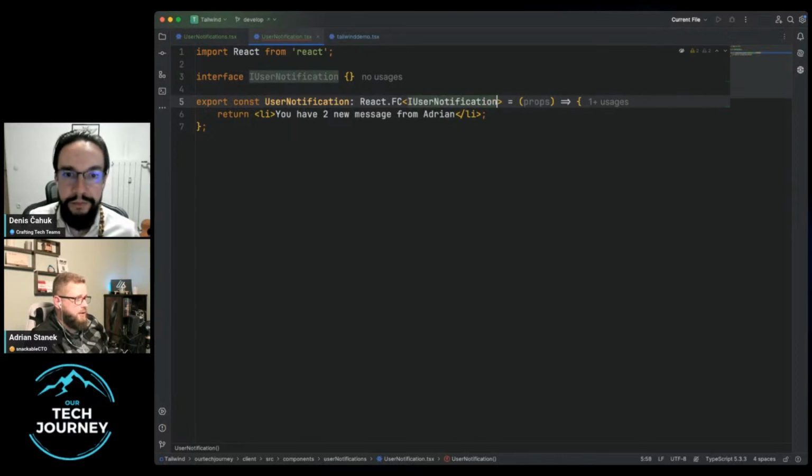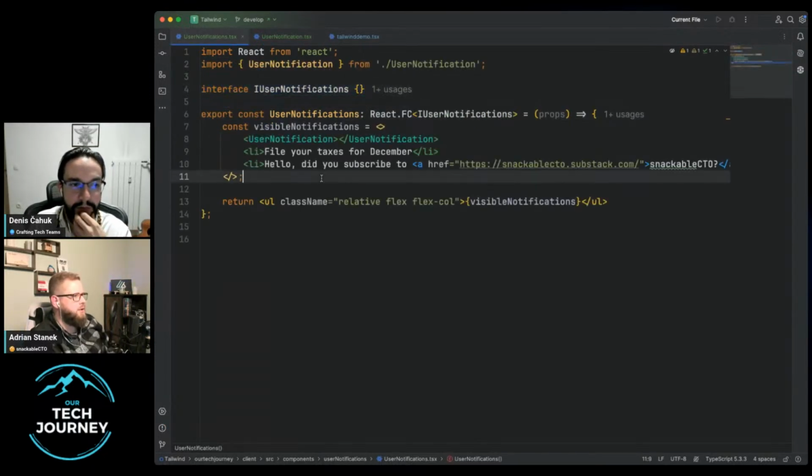So what we've learned, React components are functions. What have we learned about functions? How many props should a function have? Zero in the best case. The next best thing is one, and the second best thing is two, but never three. If you have three, you have another problem with your architecture, and then you have an object. Some of them might be optional, and in this case, it's probably enough to just have one thing.